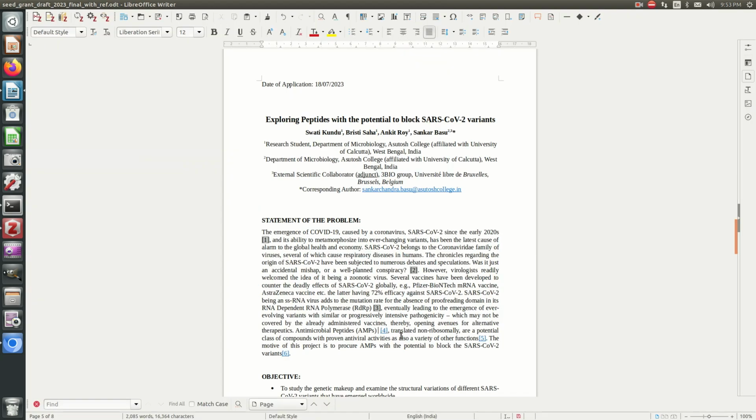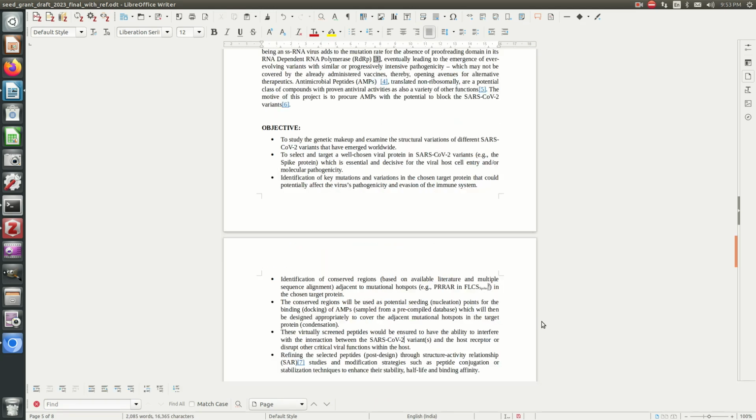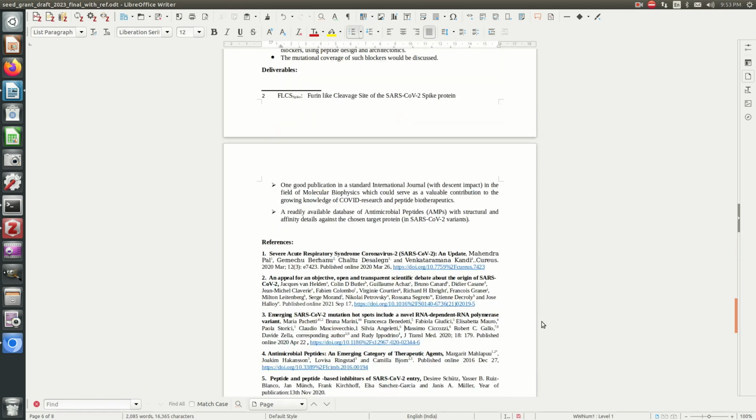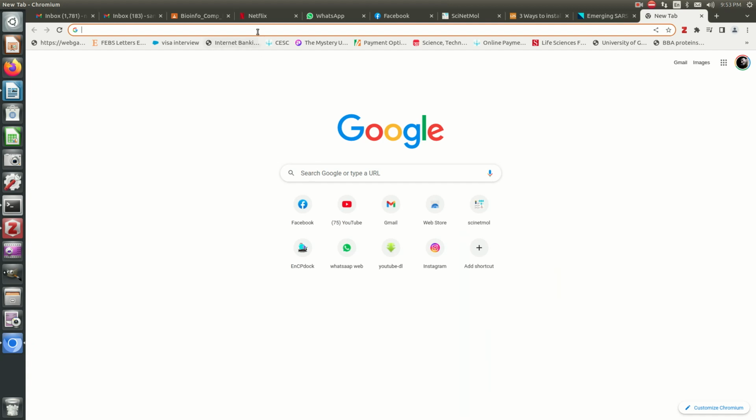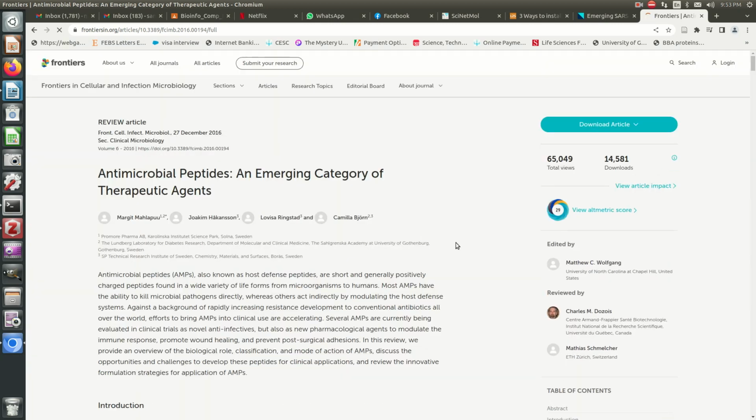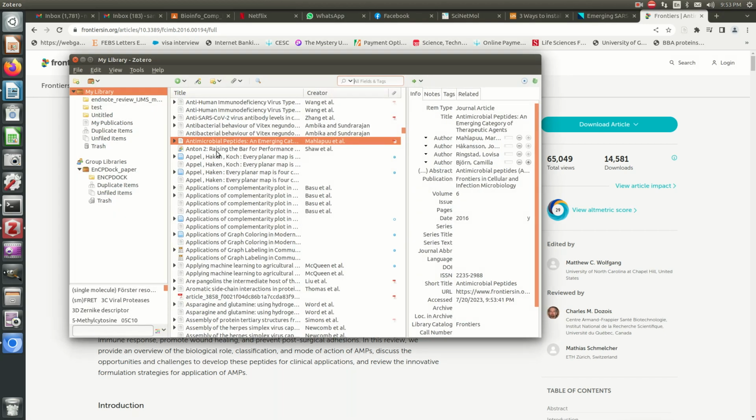For example, this reference 4, which you have manually incorporated, I'll have to go to reference 4, and since you have already given the DOI, I can simply copy this DOI, go to the browser, open a new window and paste it in the address bar. It's the Frontiers article, antimicrobial peptides. Then I'll just click this button once and see, this has been added to my library. So where is my library? This is that library which automatically gets synced through the internet